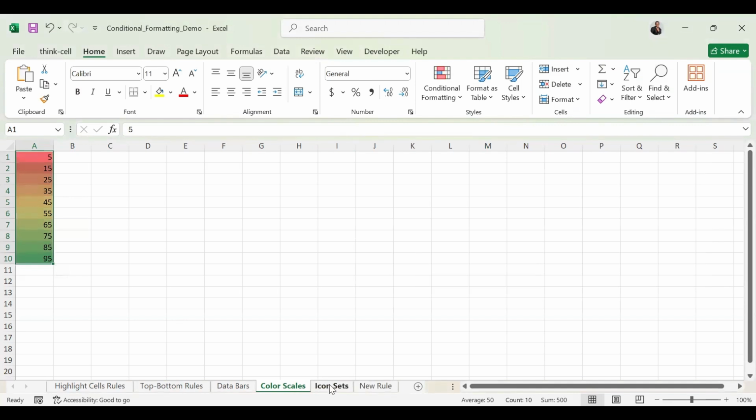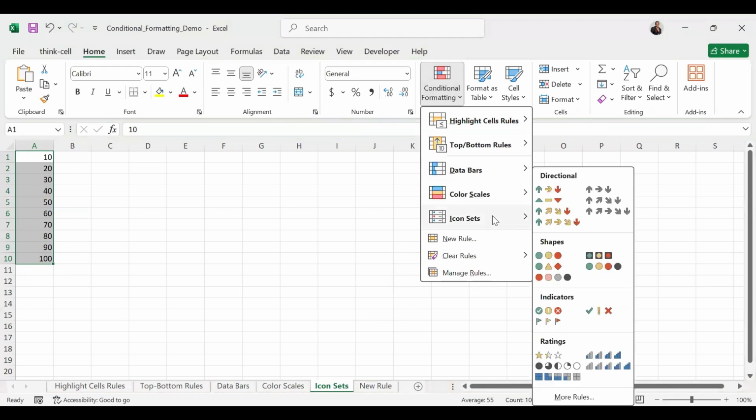Then the next is icon sets. So in icon sets, we are adding certain icons. They are already existing there in Excel. So we add them based on the values that we have. So when you select conditional formatting and you come to icon sets, you can see different icons. These are directional, okay, and these are actually based on certain values that are already in Excel. Okay, so we can select any of these